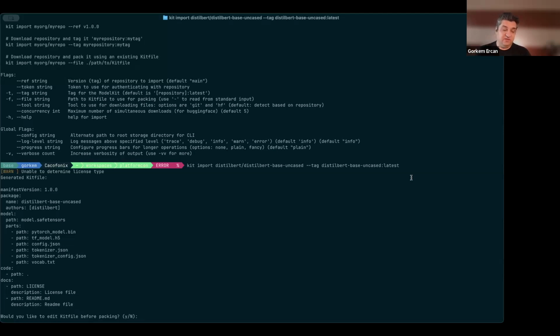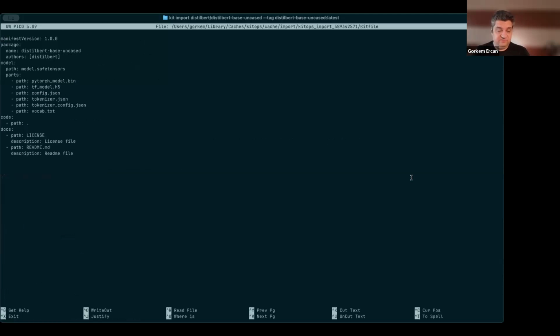So what you can do is modify this and say, oh, you know what? I don't really want this. I don't want H5 either. Code, who cares? I just want the license and the README here, and you can change the name of it, and so on and so forth. And then once you're done,